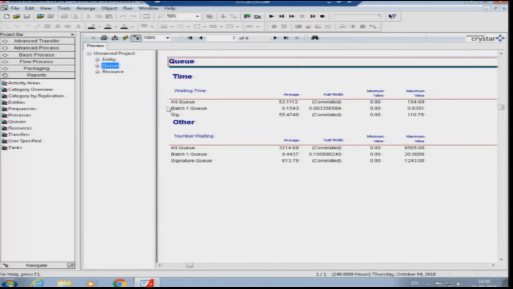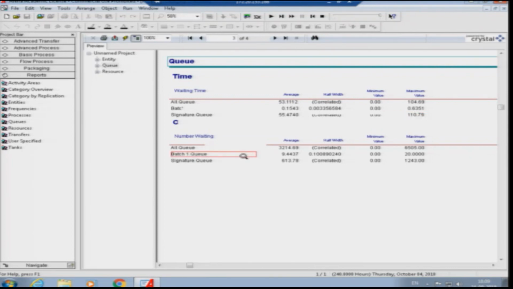Like the previous cases, as you can see, the all queue has an average waiting time of 53, with a maximum waiting time of 104. Very similarly, the signature queue also has an average waiting time of 55.47 minutes, and a maximum waiting time of 110 minutes.